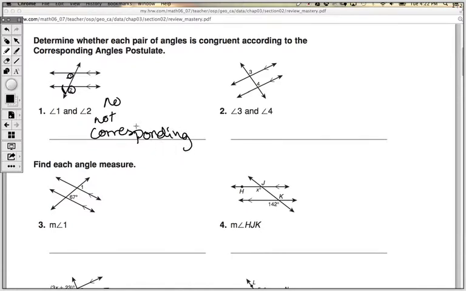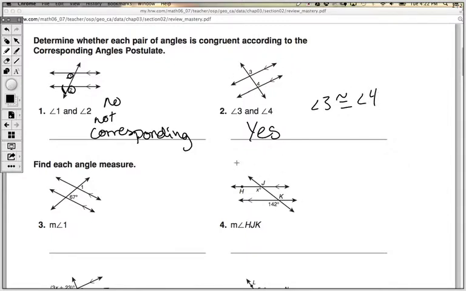There we go. All right, let's look at angles 3 and 4. Again, it helps if we cover them up with a finger just to look at it one at a time. So I see the 4 here, and that's in what you could call the top piece. Then I look at the other one and see where that is. It should be right up here. And it is. Look, it's in the top. Okay, so those are corresponding. So yes, we could say that angle 3 is congruent to angle 4 because of the corresponding angles